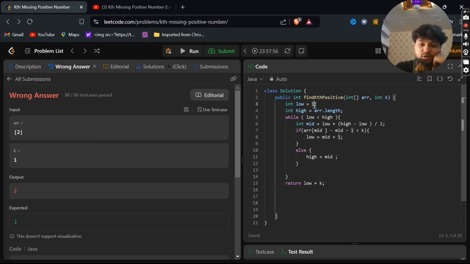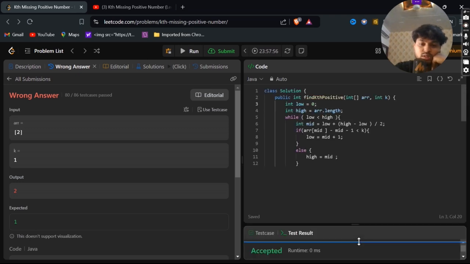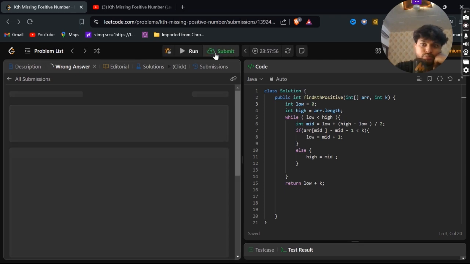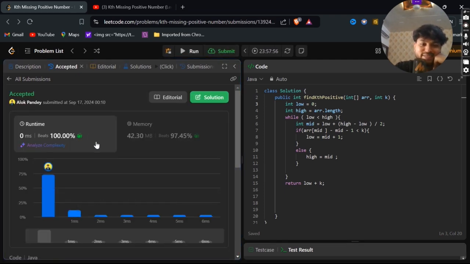I have to start low from 0, because the array starts from 0. So let's run and check. Yeah, it is passed. I have submitted. Yeah, it is 100% beats now.